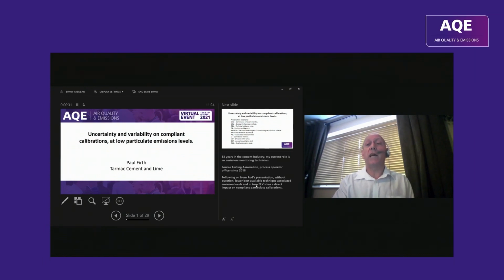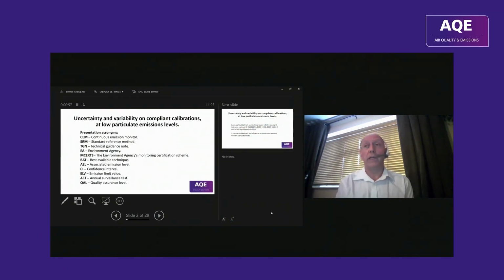Following from Rod's and David's presentation, without question, lower best available technique associated emission levels, and in turn ELVs, have a direct impact on compliant particulate calibrations. The presentation I'm going to give today is on the uncertainty and variability on compliant calibrations at low particulate emission levels. So I'm going to focus on particulate emission levels and pick out some extracts of the standards, but also cover the emission monitors